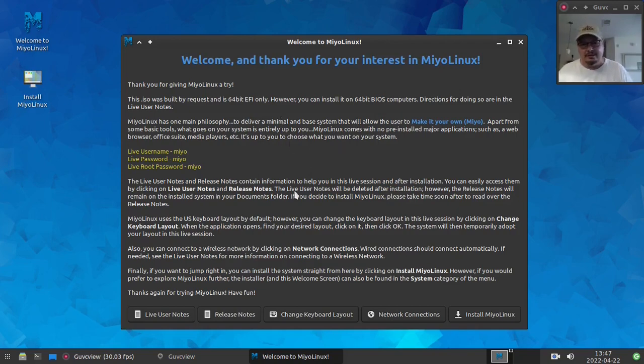Okay, now down here on the welcome screen, I want to encourage you just to read over this. You have some quick link launchers down here, one for the live user notes, and that is where you're going to find the instructions if you want to try this system on a BIOS computer, 64-bit. That's where you'll find the instructions. The release notes,